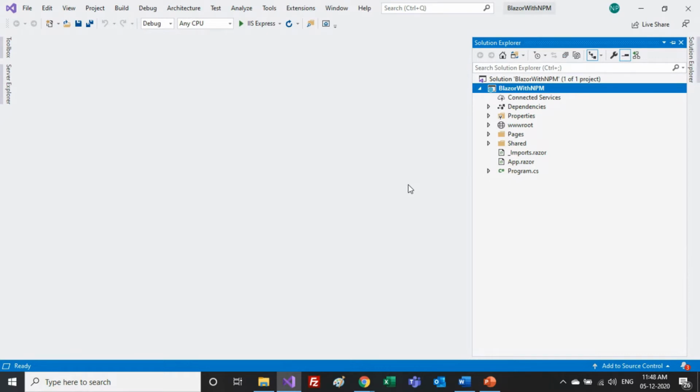In Blazor, we can write anything that we want to run in the browser directly using C sharp. But for some specific packages, if your client needs, say, a particular calendar, a grid, or something already deployed in many other projects in their architecture and they are comfortable with it, then instead of wasting so much time writing new code in C sharp or other technologies, you can directly use any npm package.